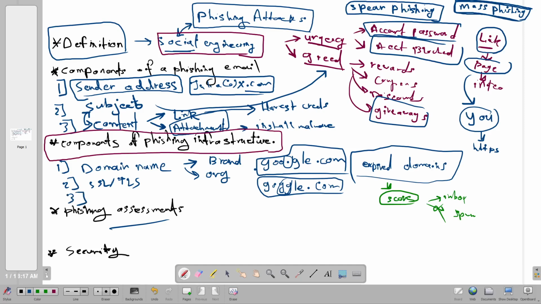Alright, so after the domain name and SSL, we need to have an email account or email server hosting, email hosting, let's say. Of course we need email hosting, right? Because when we buy a domain name, we need to purchase an email hosting package to start creating the sender email address. Julian@x.com needs email hosting.